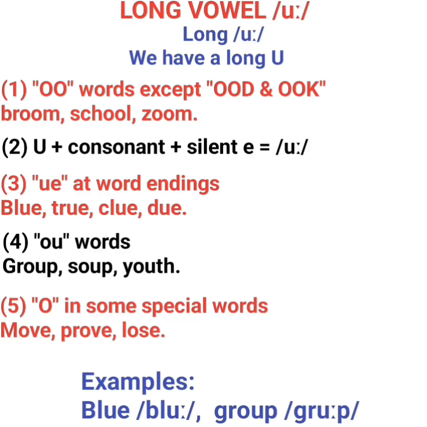And the fourth one, OU words like group, soup, youth, and so on and so forth. And the last one, number 5, O in some special words. We have certain words that have just one O, but it gives the U sound. Like